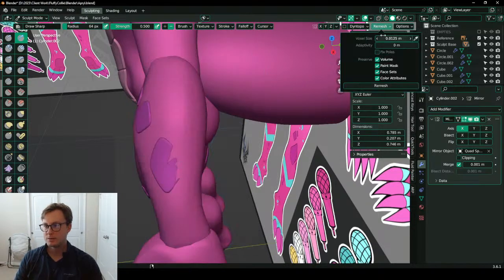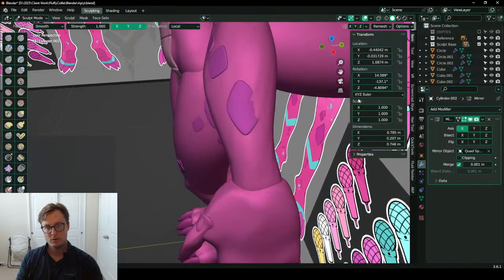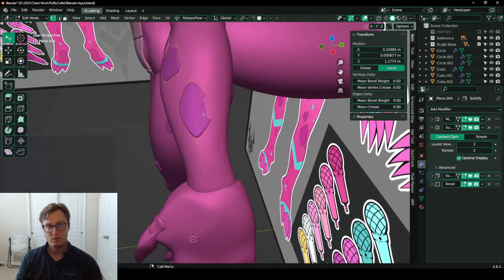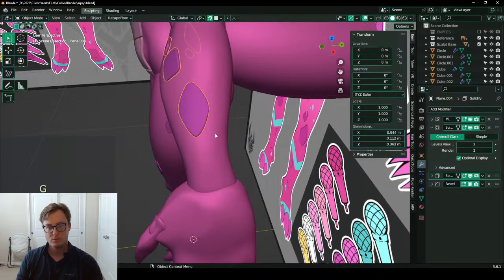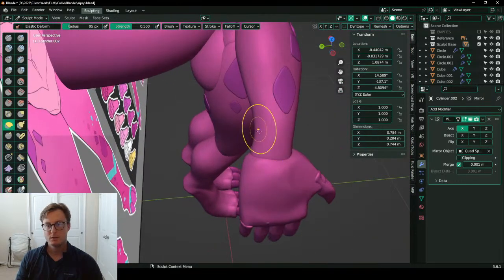Okay, we're gonna make these much higher resolution. Bam. Top side.